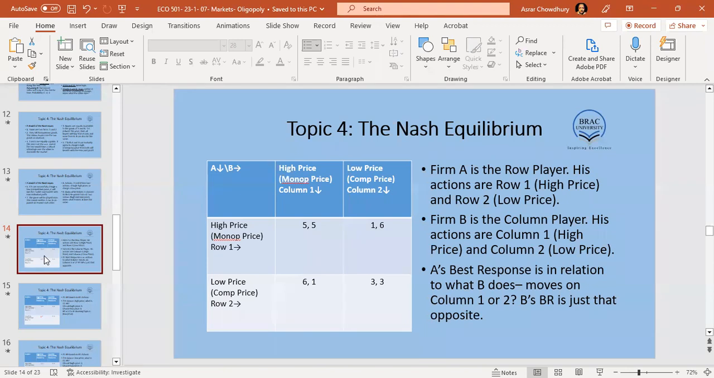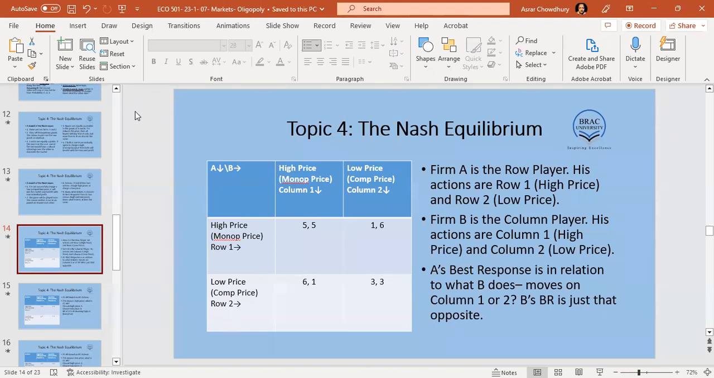Now forget how we get to an equilibrium. If firm A is charging a high price and firm B is charging low price, what is the outcome? 1/6 now? Does everybody see 1/6? Firm A has charged a high price, row 1. Firm B has charged a low price, column 2. Then where do they meet? তারা এই 1/6 এ meet করবে না? Firm A row 1, column 2, 1/6. জি, ঠিক আছে।